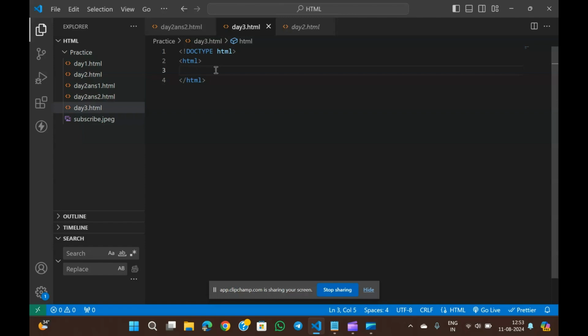Now let us see a basic HTML code with the usage of an anchor tag. As this is basic, I am not using many tags.